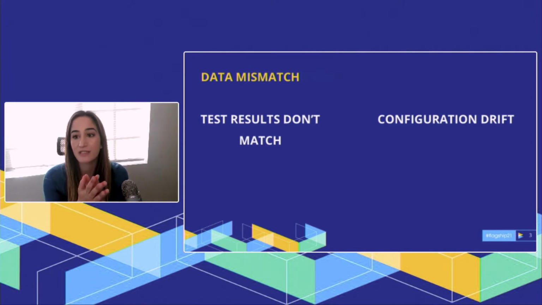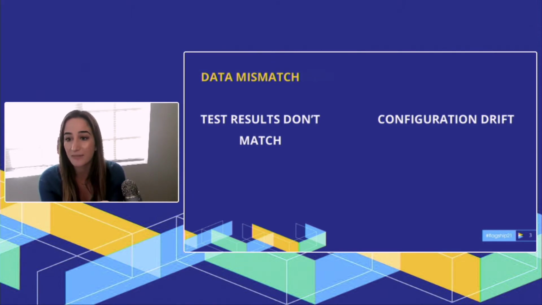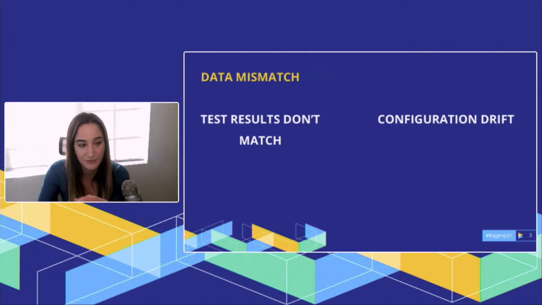So what this means is, let's say you get paged one night because there's an incident for your mobile app, and you look at the logs and you identify the problem, but in order to fix it, you need to update a specific configuration in production. So you make the change in production and you go back to sleep. So although you fixed the issue, you've just created an even bigger divide between your staging environment and your production environment because you didn't make the same change in your staging environment. So many times staging environments are not the same as production because of changes made during incident management. And this is called configuration drift.